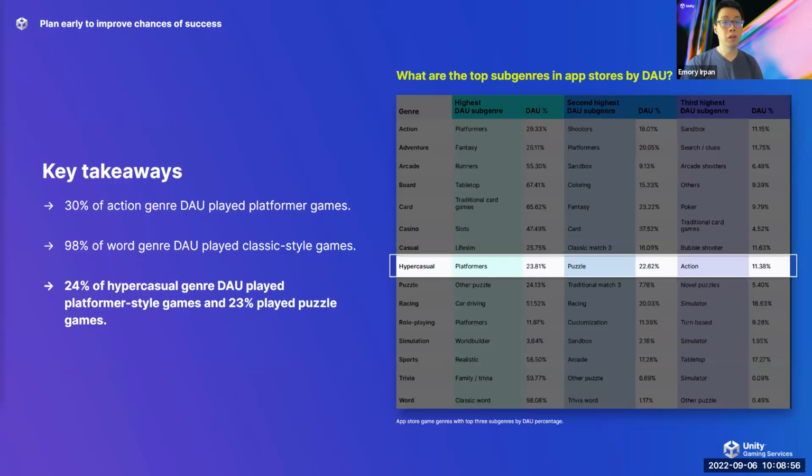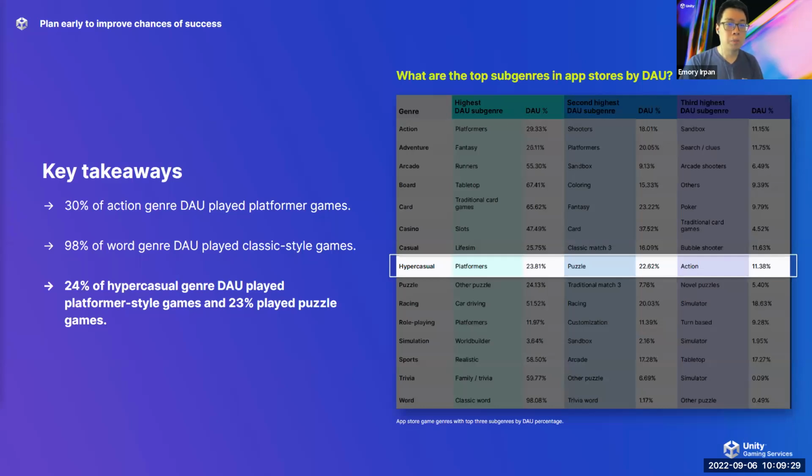Hyper-casual games focus primarily on acquiring users cheaply and are entirely okay with those users basically churning out after they've had their week or a couple of days' worth of fun. They have very little in terms of longer metagame or progression. Similar to action games, the top hyper-casual subgenre was platformer games, followed closely by puzzle and action-based hyper-casual games. Within hyper-casual overall, we saw a fairly diverse representation among subgenres, suggesting that hyper-casual's wide reach also allowed for a wide range of play experiences.